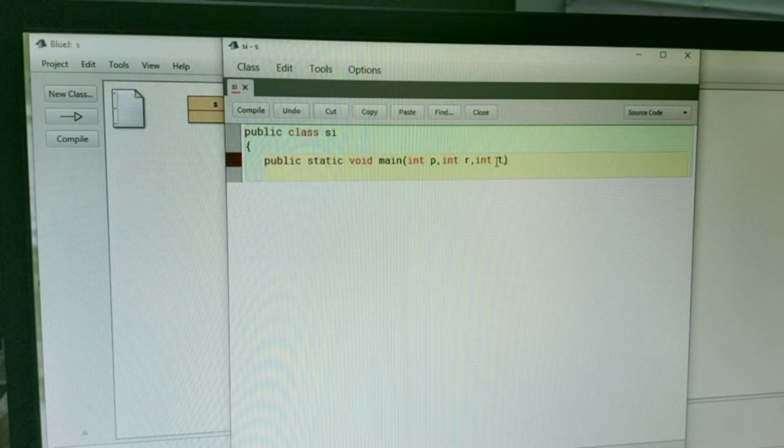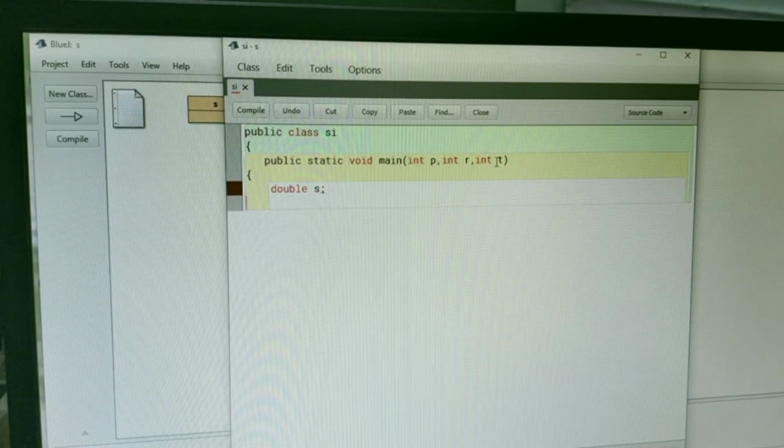After inputting the values, we use the formula, and we need a variable to store the result. Simple interest may be in decimal, so we can take the data type as double for storing the fractional value. Double is a data type. Use S as the simple interest variable.